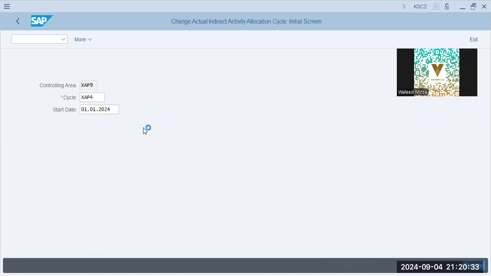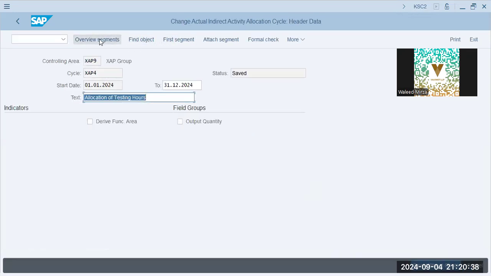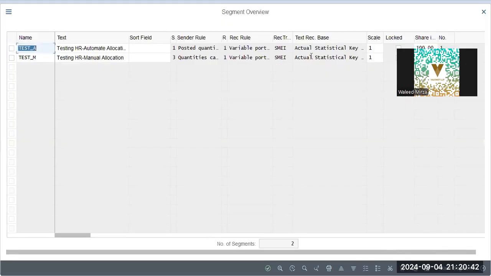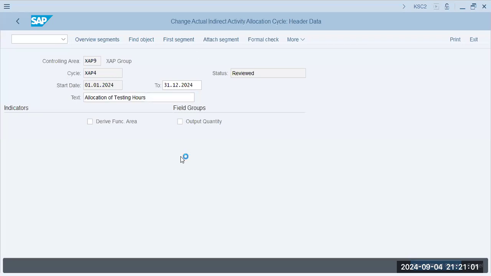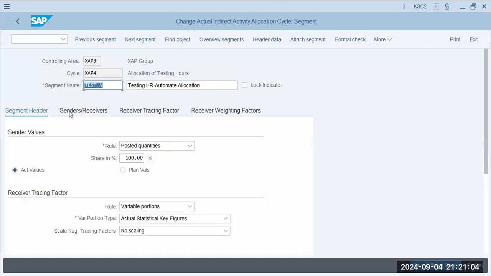KSC2. Overview of segments. One and one. Segment number, posted quantities, manual, automatic, test A, test M. First segment,